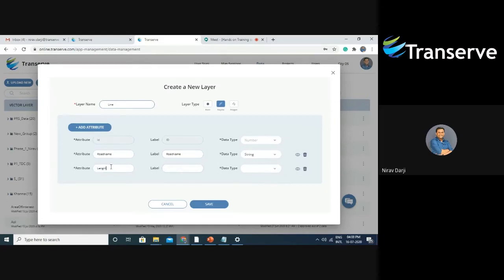Plus, if you know the length of the road, you can also add it. Length has to always be a number. So this is how you can add new attributes. You can add ample attributes, and when you want to hide any attribute while creating WMS or WFS, you can use this small little I to hide or show it on your WMS or WFS. Plus, if you want to remove any attributes which are not necessary in your database, or you want to show it to someone else, you can definitely remove them from here.